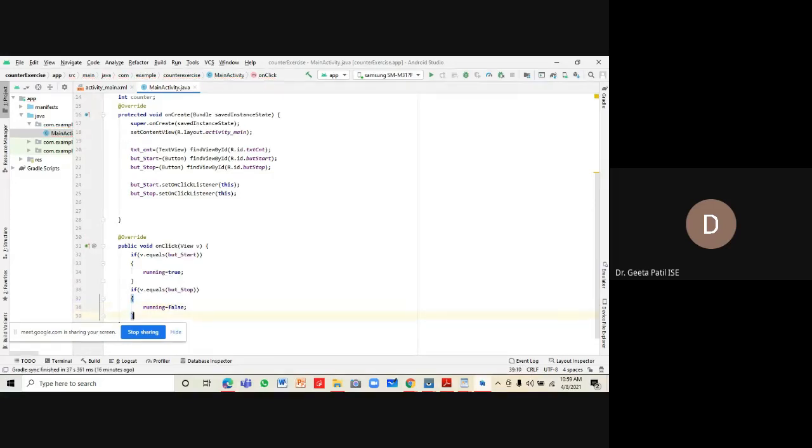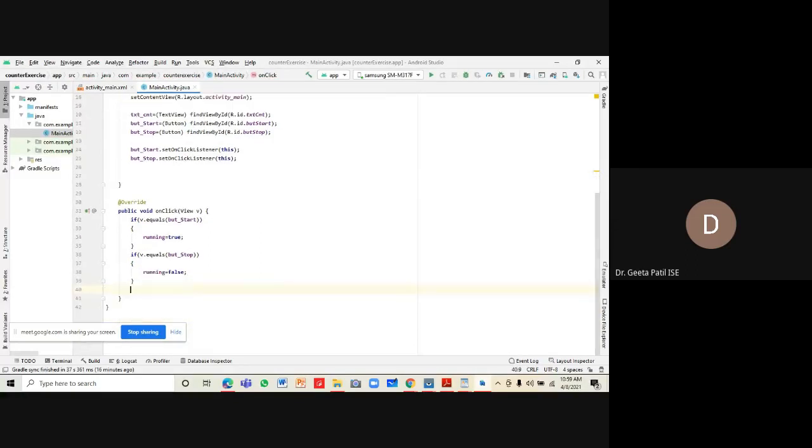And after making these changes, we are calling some function fun1. The fun1 is the function which is used for incrementing the counter.